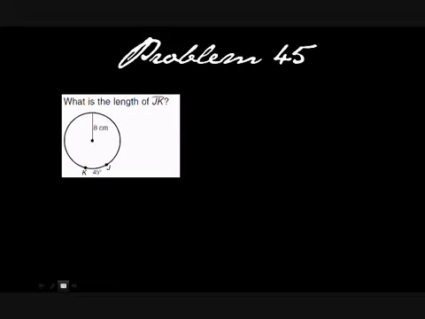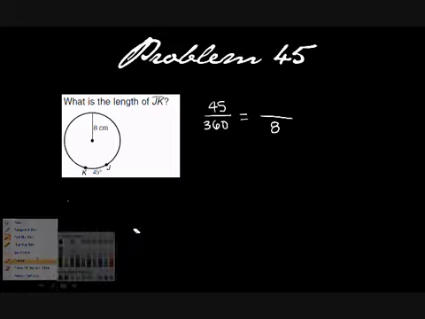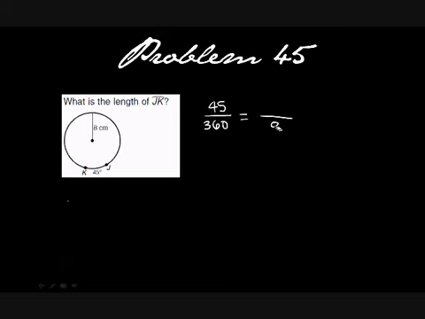Okay, problem 45 is another proportion problem that you guys have trouble with. So one fraction is the degrees, so we're going to do, in this case, 45 over 360. And again, you guys love to just stick the radius somewhere. You can't stick the radius by itself. The radius has to go in a formula when you're doing these problems. So in this case, it's asking us for the length of arc JK, which is part of the perimeter, and so that's what I'm going to put in the denominator. It's 2 pi r, and in this case our r is 8. So I put that 8 into a formula, and then we're looking for the part of the circumference, so that's